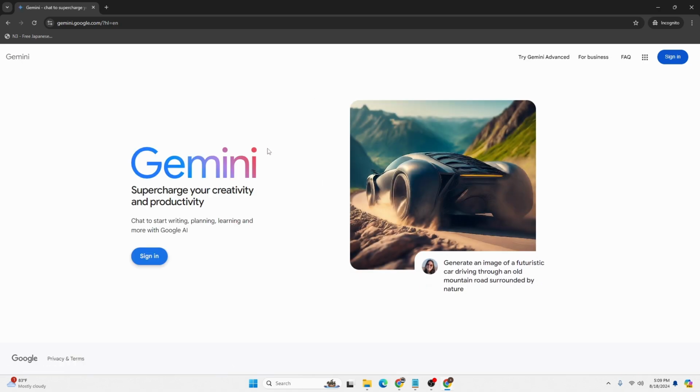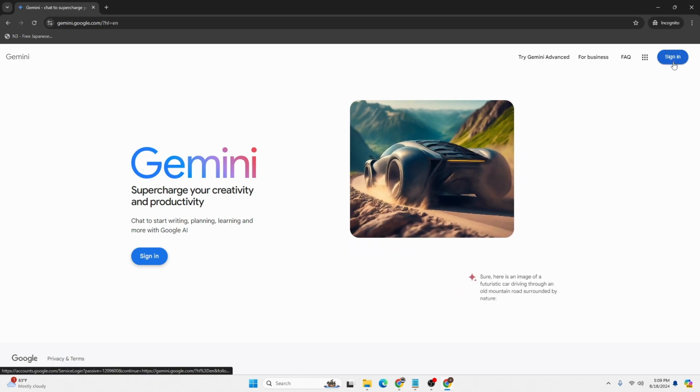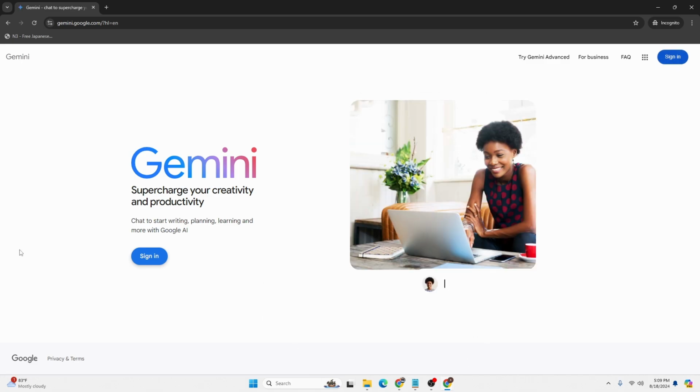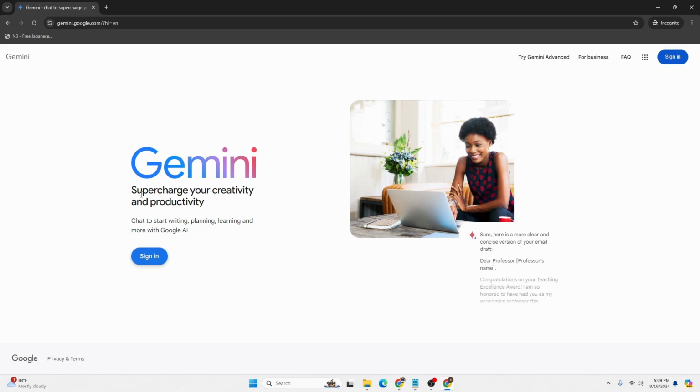Now, in order to log into your Gemini account from over here, at the top right corner of the screen, you can see the sign in button available for us. But if in your case you're logged into your Google account previously on your browser, then you won't be required to log into your Gemini account on your computer on this screen. You'll be already logged into your Gemini account if you have logged into your Google account or a Gmail account